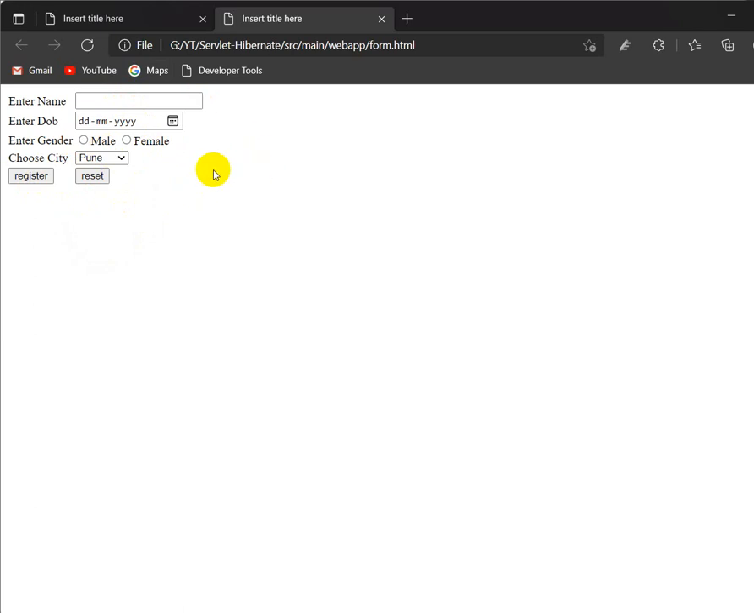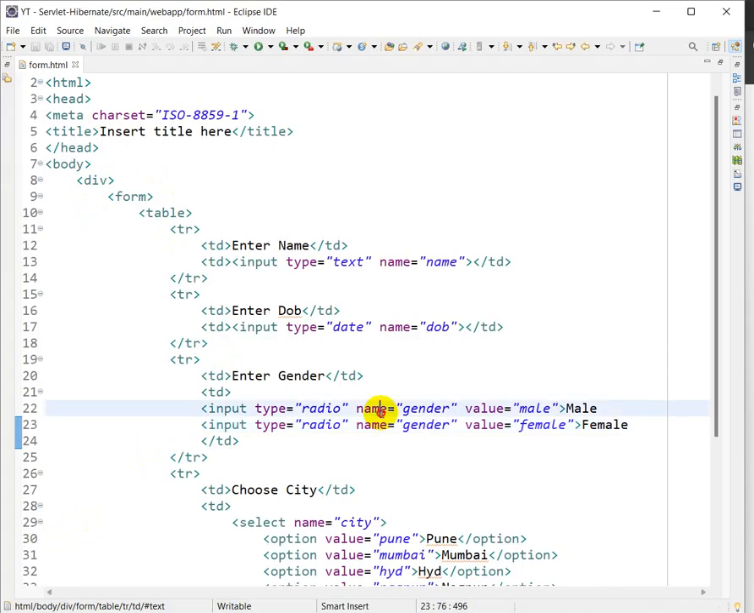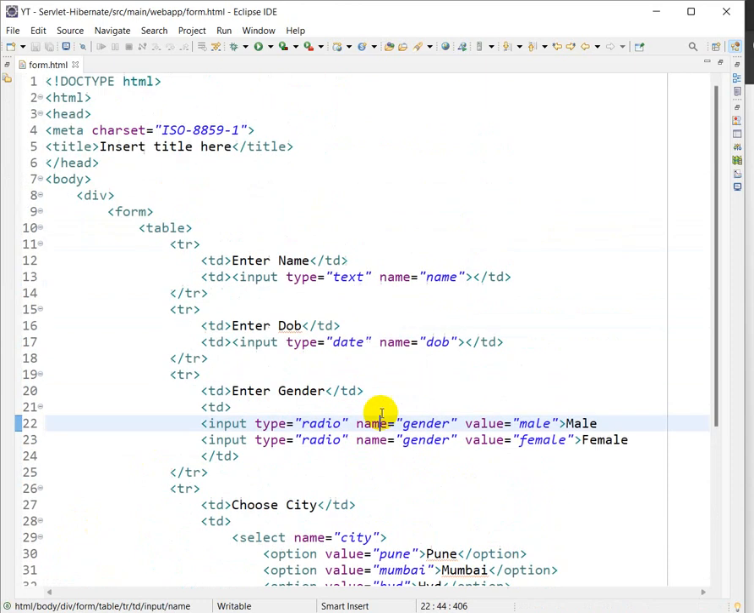Now, why do we take the table? Because we are getting it in the same line. If we didn't take a table, then we will not get this in the same lines, so that's why we have used a table. Now what we'll do, we'll use